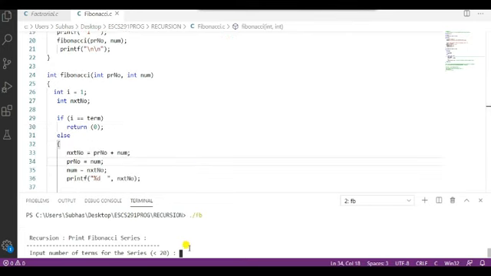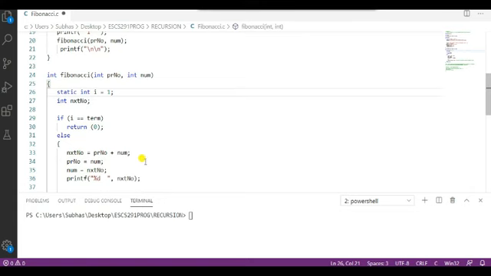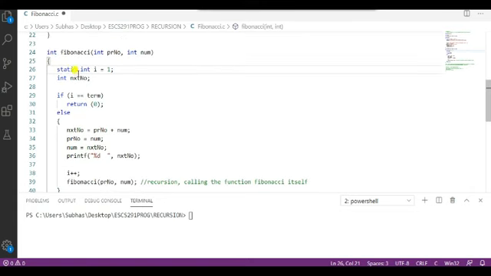Let me do one more thing. Since in this function I declare i equal to 1, every time i will be reset when it should be incremented, so make the variable static, so that it is initialized only one time and after that the value is incremented within this function. You can do it in a different way also.